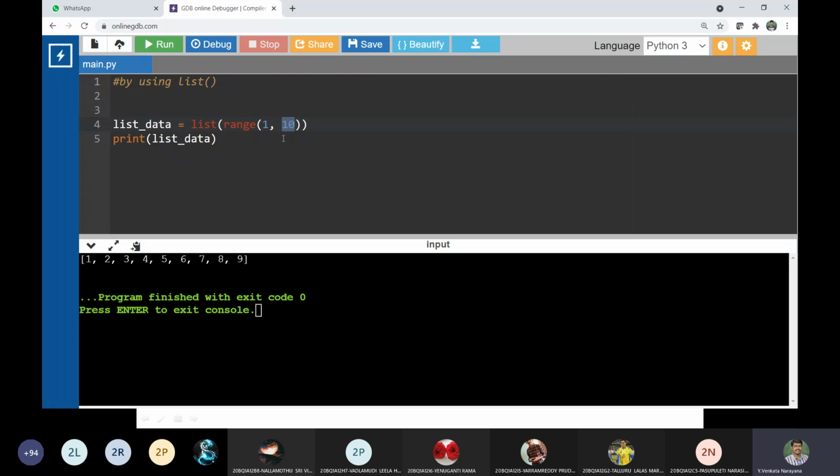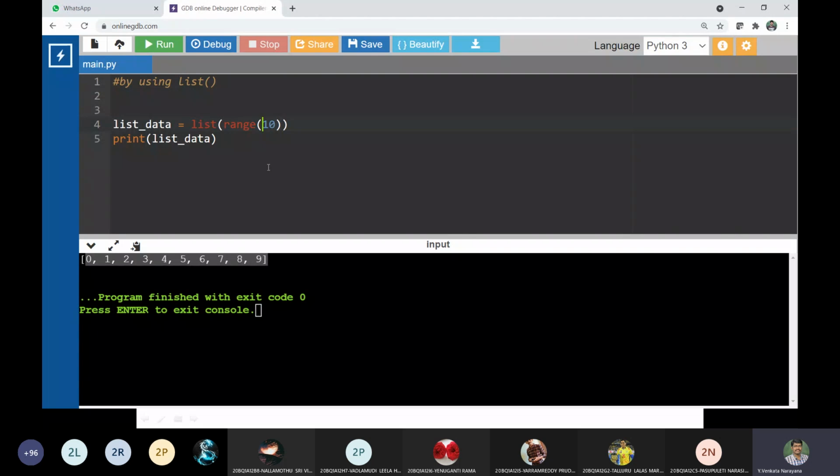Yes or no? Yes, sir. So if we did not specify the start value, what is the default value? 1 or 0? Zero, sir. Yes, it is 0. So it will start from 0 and end at 9. Is that clear? Yes, sir.